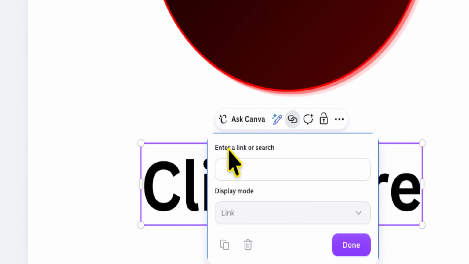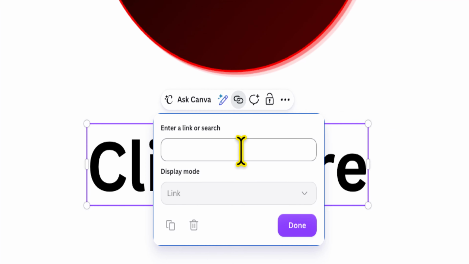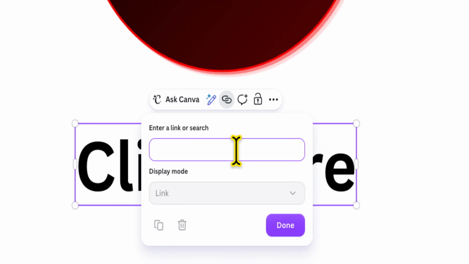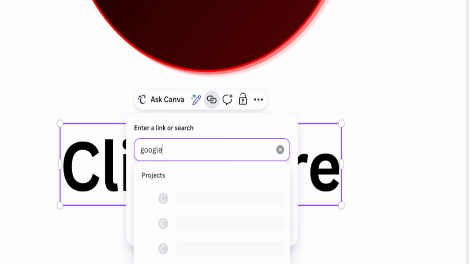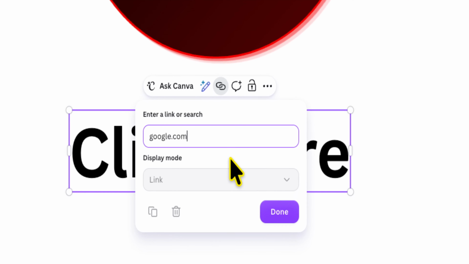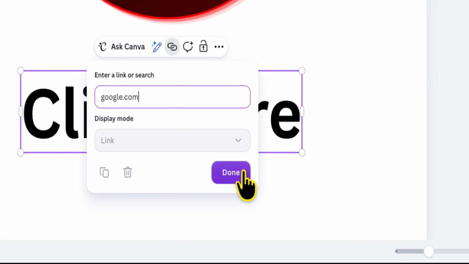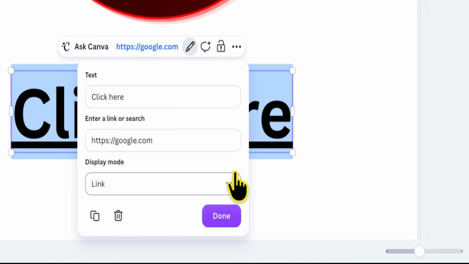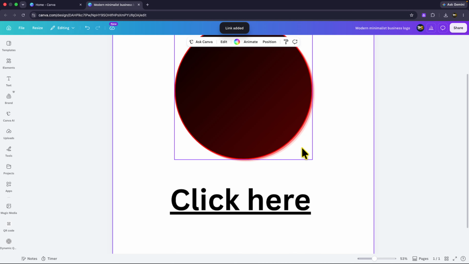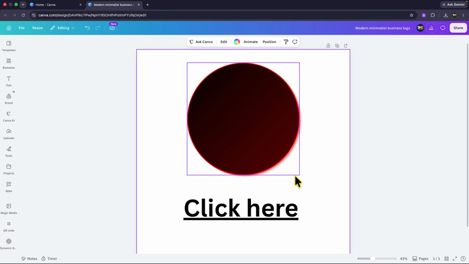Once you've done that, you'll be able to click into the enter a link or search field, which is where you enter your URL. Once you've entered it, you can click on done, and there you have it. Now your text will be hyperlinked